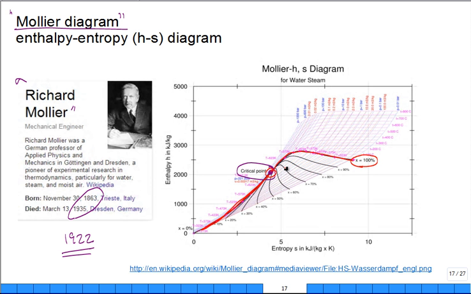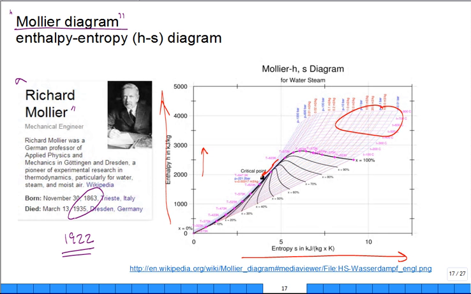So there's a critical point. It's not up here at the top. You can have a higher enthalpy at a state that's saturated vapor, but it's not at the critical point. That's just what the physics gives you. Okay? And you then have entropy, enthalpy, and you have out here the superheated region, compressed or subcooled liquid, supercritical,